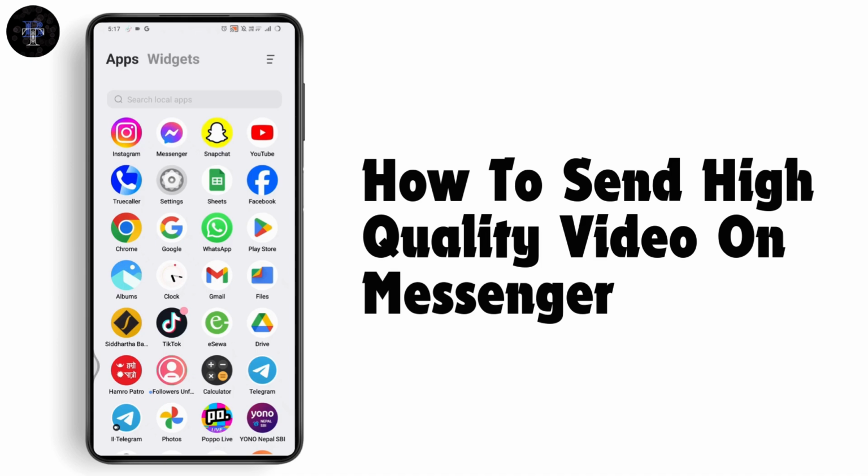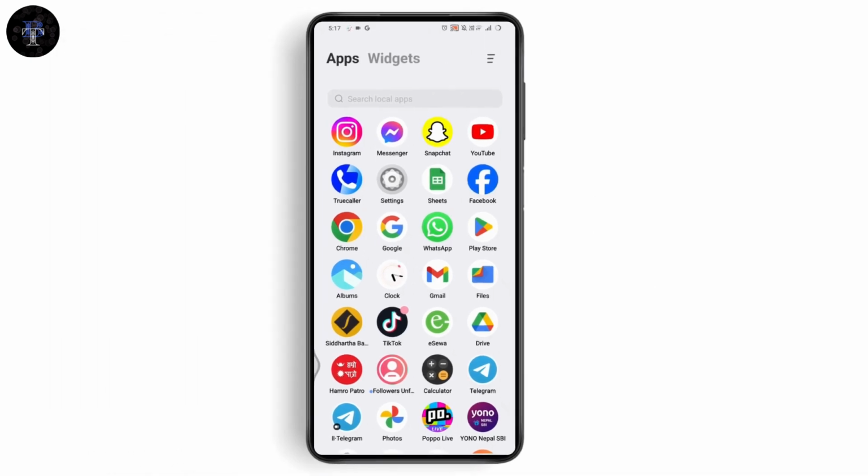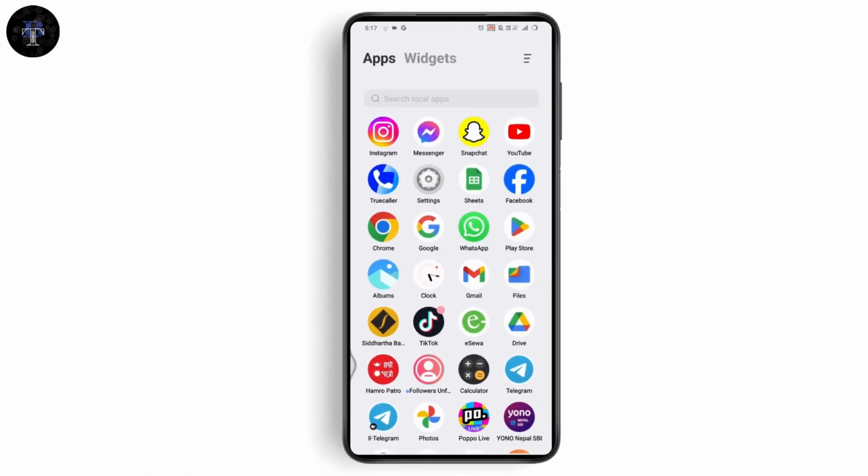How to send high quality video on Messenger. So if you want to send HD quality videos or photos on your Facebook Messenger, then first you need